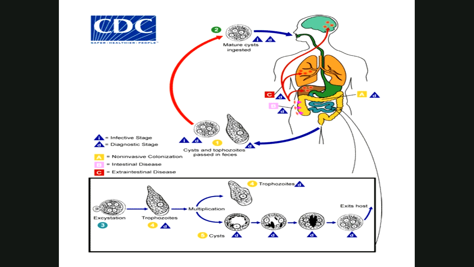When the cyst enters the system, it goes to the stomach, and the effect of the gastric juice breaks down the cyst wall, and